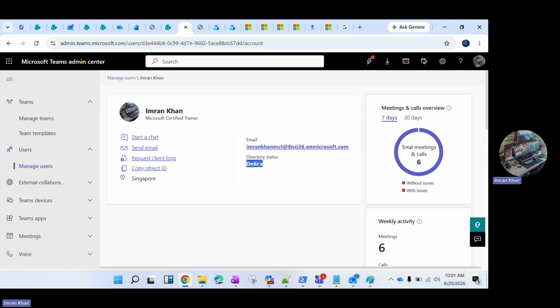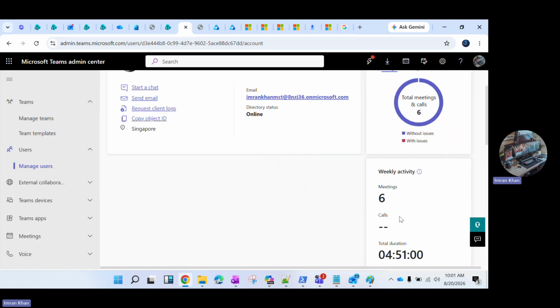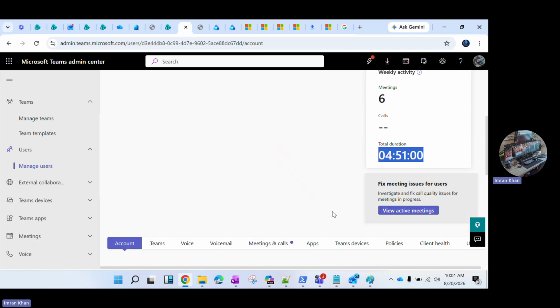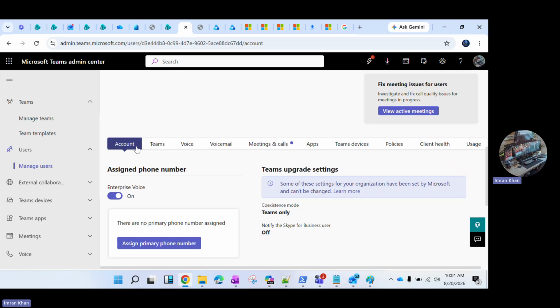So you can find if any user is online, and the location, and everything like the meeting and recap with data like 7 days, how many meetings I started or joined, total meetings, 6, and weekly activities like how many meetings, calls, and everything and duration you can find. And account status, like if you are using the Microsoft